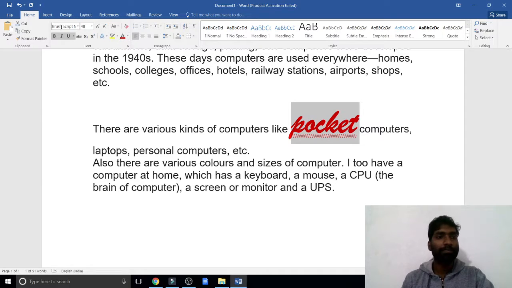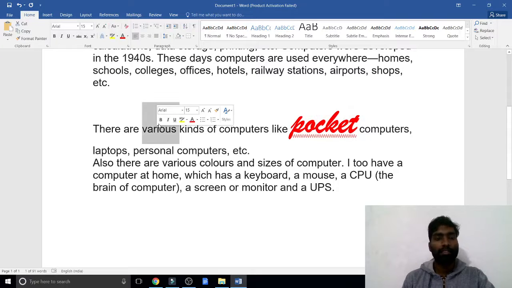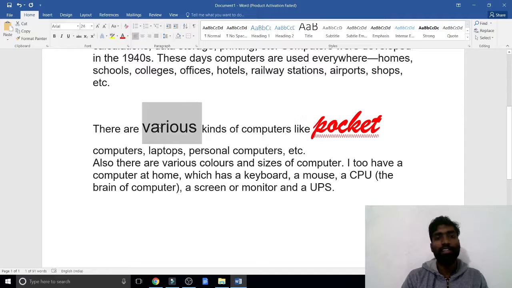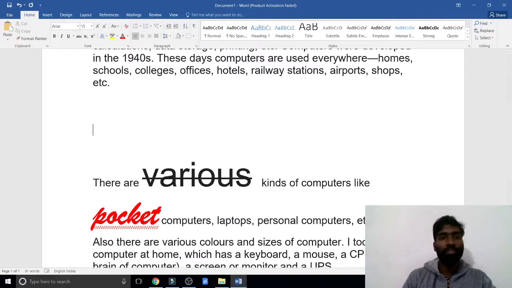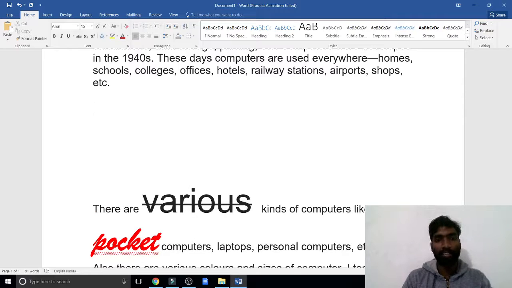And now here, bold, italic, underline. Here, what is strikethrough? I am just increasing the font. Strikethrough is used to cut the word, not delete, just strike the word. Now my dear students, you should know what is meant by subscript and superscript. H2O.